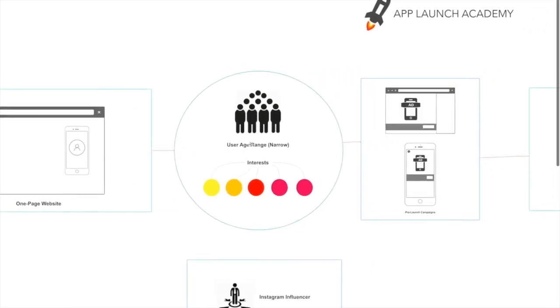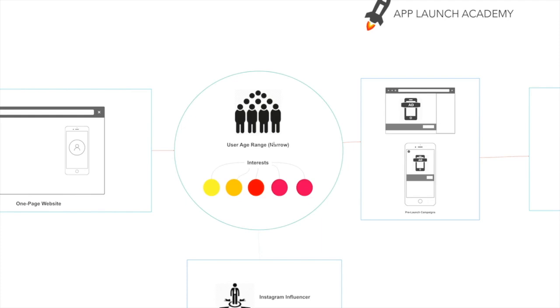Then what you want to do is pull out a pen and paper, and identify your ideal user. Okay, so that's what we have here, this group of people here, and this is your ideal user. So for example, let's say it's a nutrition app or a personal training app, and you target a certain age group and gender, you want to make sure that you have that there. And you want to be very narrow on the age range, because if you do it too broad, not everyone's going to have the same